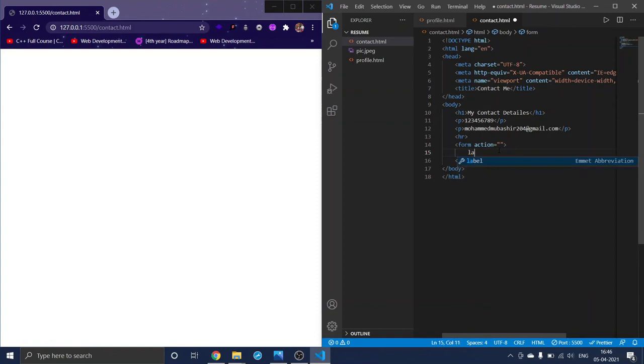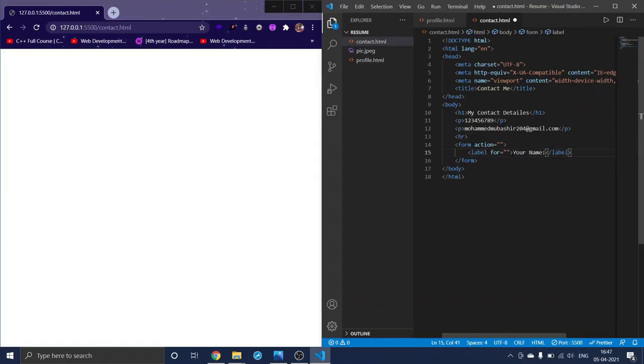I haven't told you about label, but label is the same as a p tag. When we made a form in the previous videos, we used p instead of label, and here we'll be using label. Why? I will tell you in some time. In label, we got an attribute which says for. Leave that now. And in the label, we'll give something like your name, right?